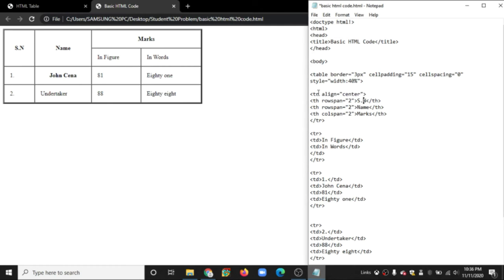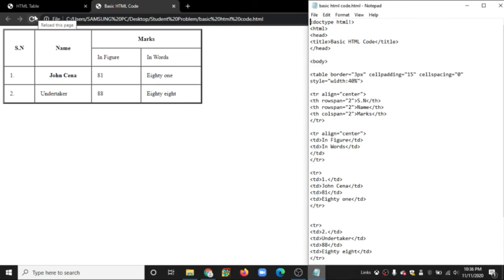So after this, in figure, you can see the word is to the left side of the box. So we have to keep it in the center of the box. For this we use align is equal to center. So you can see the difference between using align equal to center and not using align center.